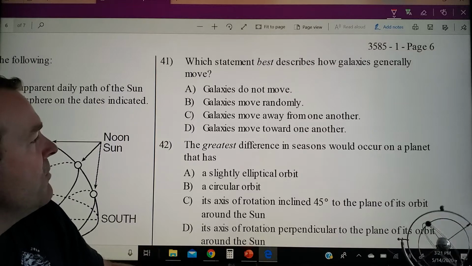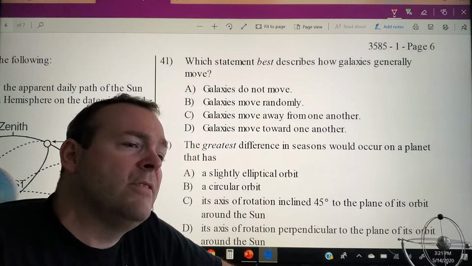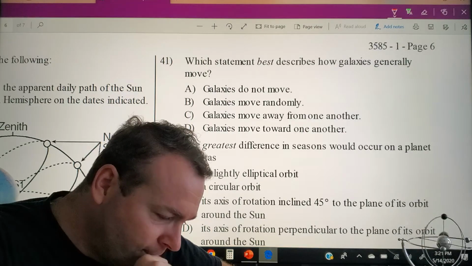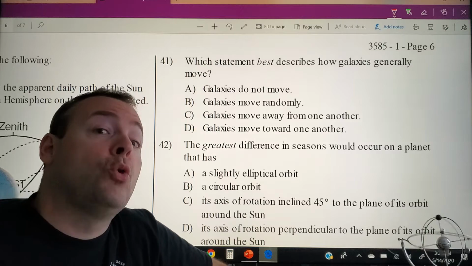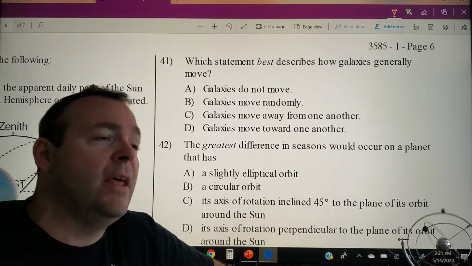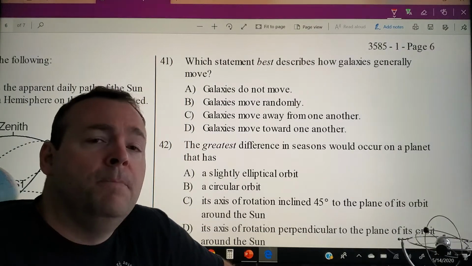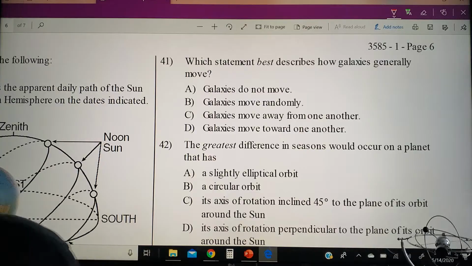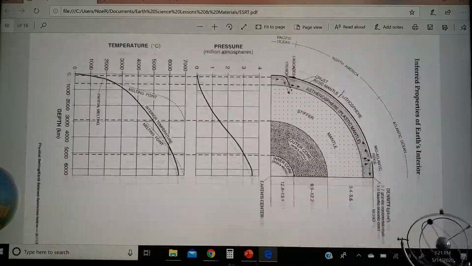So galaxies generally will move away from one another, and that's supported by the evidence of that Doppler effect, where the wavelength of light is getting stretched. It shifts toward the red, right? Red is the longer wavelength of light. I'll show you the tables on that. And that's the accepted theory as to what's going on in the universe. The table I'm talking about, the electromagnetic spectrum, it's toward the end of your reference tables.